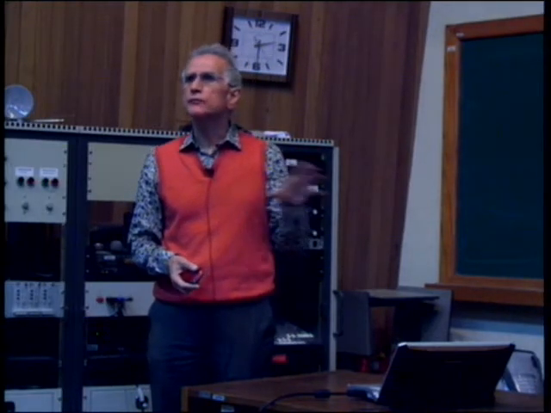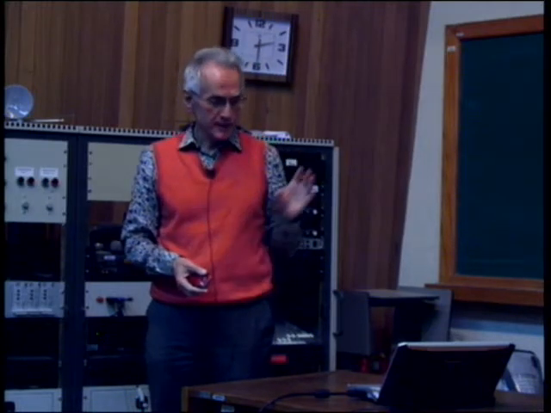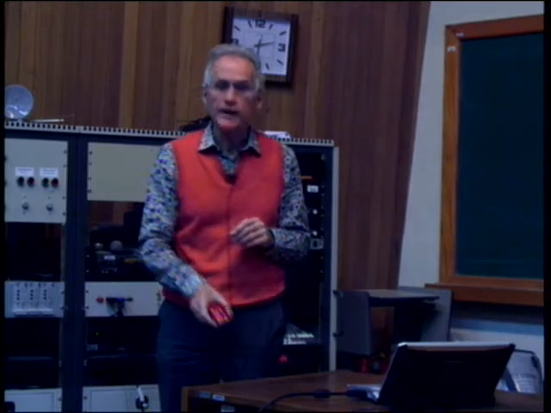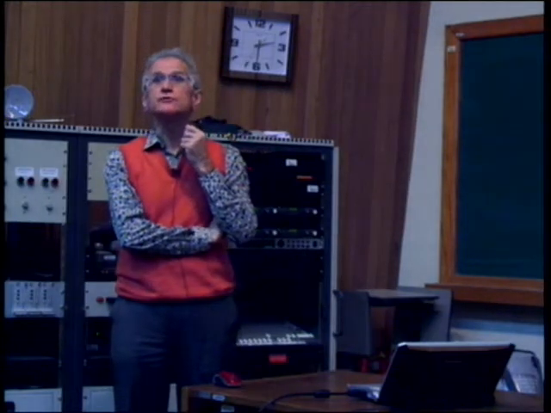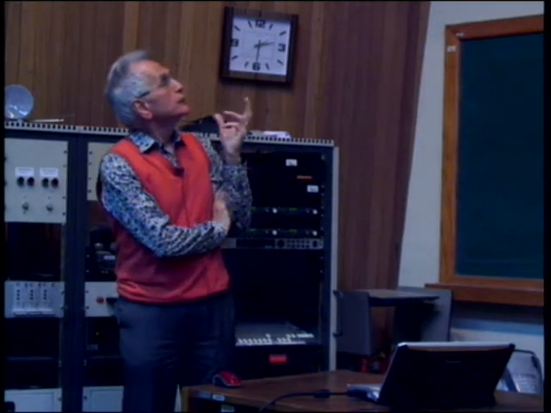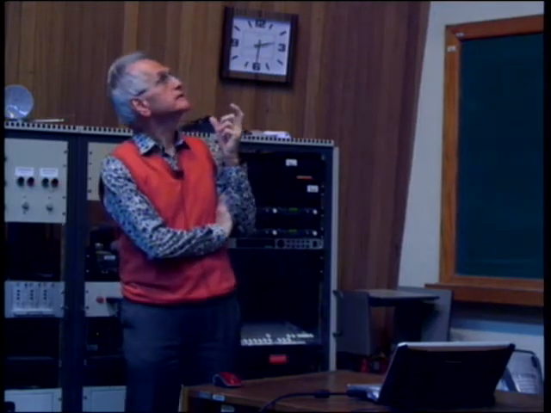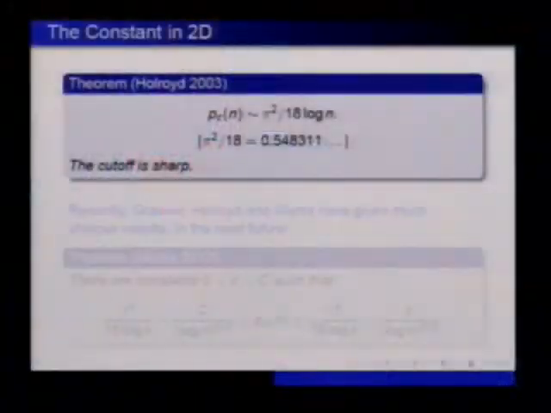On the other hand, looking at what went on, it didn't seem likely that anybody could actually make it really precise. So it was quite a surprise when Holroyd, Alexander Holroyd, at the time in Cambridge and now at Microsoft, could actually determine the constant. He proved that the critical probability is about a constant over log n, where the constant is pi squared over 18. It's a wonderful result, and certainly took most people by surprise that it actually came out that nicely.